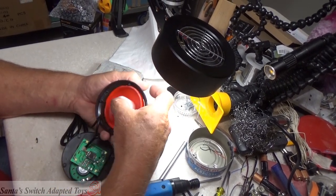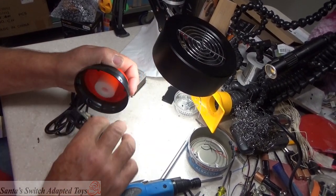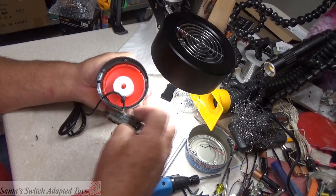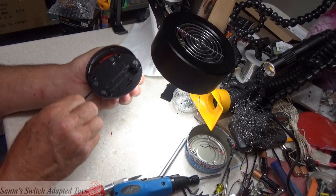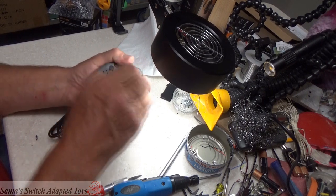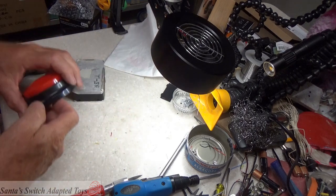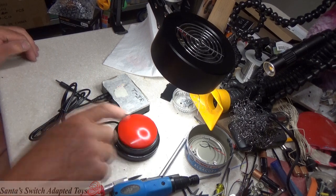If you don't put this in right, it will be pinched and it won't be smooth movement, and it will affect how you can use it. You won't be happy, or it just won't be good. This also lines up. There's a tab and a notch that lines up, and the cable's going to be out of the way if you position your system right. And that is now adapted. Okay, if I was to put the screws in it, we'd strip it out. So that's how you adapt the